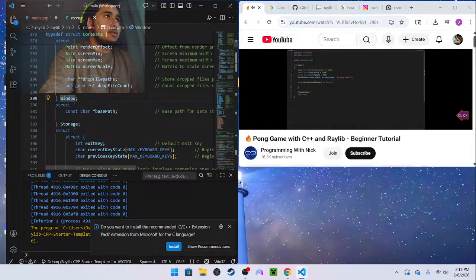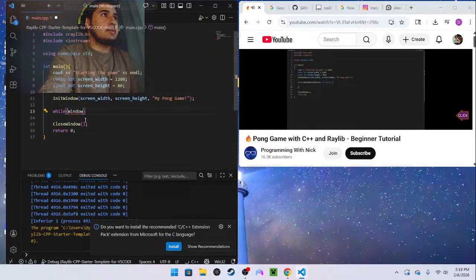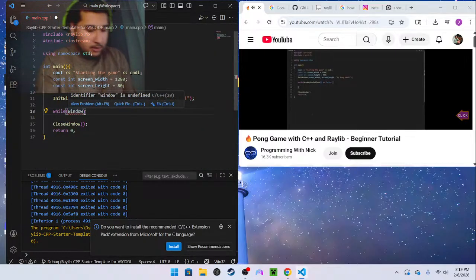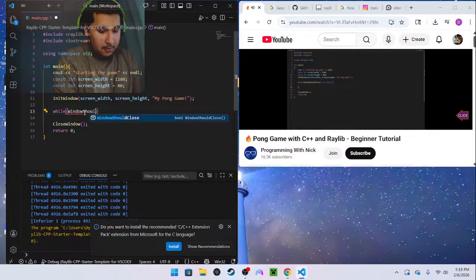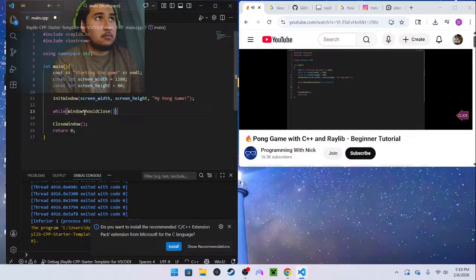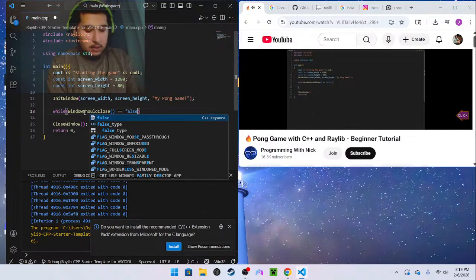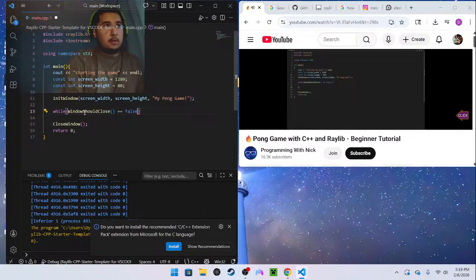Well, what did I just do? It checks if the escape key on the keyboard is pressed, or the close icon of the window is pressed, and returns true if that is the case. I have no idea why that even opened. So if it returns true, the game loop ends and the window is destroyed.